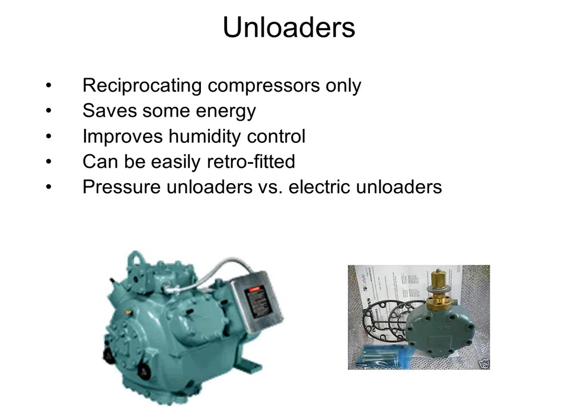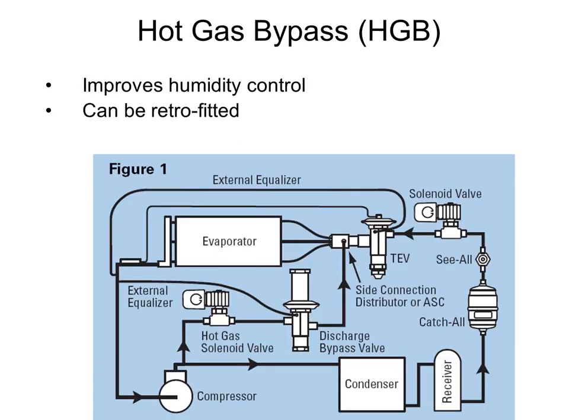Pressure unloaders do not react quickly enough, and the control system will fight the pressure unloader, and basically you'll end up with a 1-stage unit anyway. So you have to use electric unloaders and let the DDC controls do the downstaging of the unit. We don't really see a lot of recips anymore, so we'll continue on. The next thing you can do is hot gas bypass, HGB, or